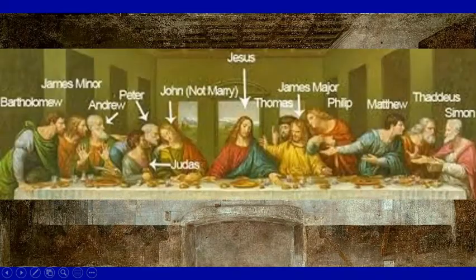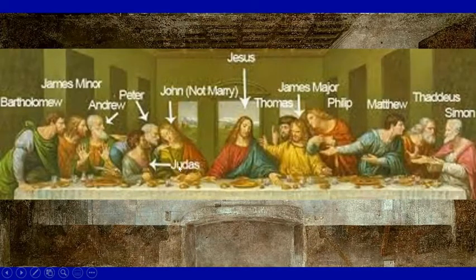Now, here's a map of who everybody is. This is Bartholomew. This is James the Minor, and this is Andrew, and that's Peter, John. Oh, by the way, it says here John, not Mary. There is a conspiracy out there that this is actually Mary. I haven't really explored it, but there's some mistaken belief that there's some